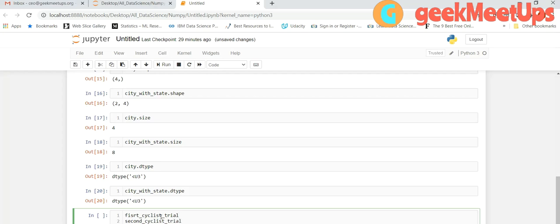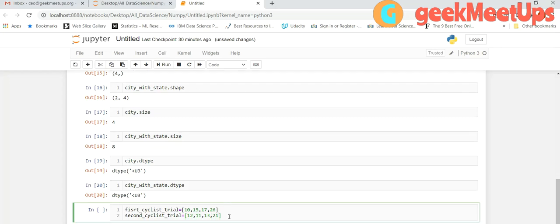So let me provide some values. The values can be 10, 15, 17, and 26, and the other values can be 12, 11, 13, 21. These are the two simple arrays that I am creating.